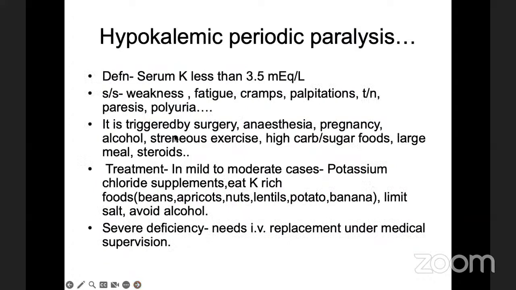Next one, please. So his diagnosis at the end of this was hypokalemic periodic paralysis. This is something I've seen only 2 cases of. The normal range is 3.5 to 5.5. Anything less than 3.5 is counted low. 2.5 to 3.5 is moderate deficiency. Anything lesser than 2.5 is a significant